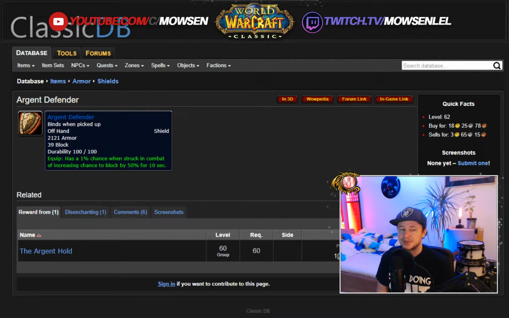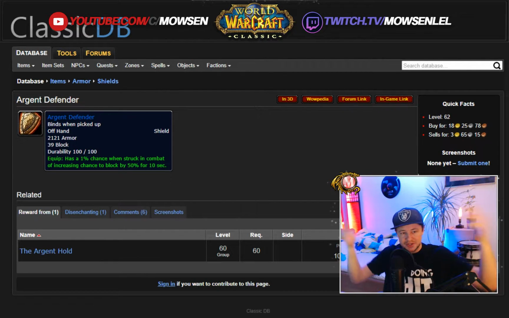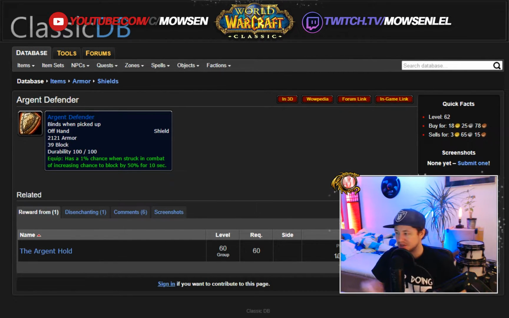So when you have 50% increased block chance on top of your normal block chance, you can imagine the damage that's coming out. Everything gets blocked, and you just have these huge numbers on your screen, and you're dealing a lot of damage. When this does proc, I've tested this. It's very cool. It's very strong. Only very good for an AoE tanking set though. The armor value is decent. It's a good starting shield. You get it from killing the end boss in Strat Live,